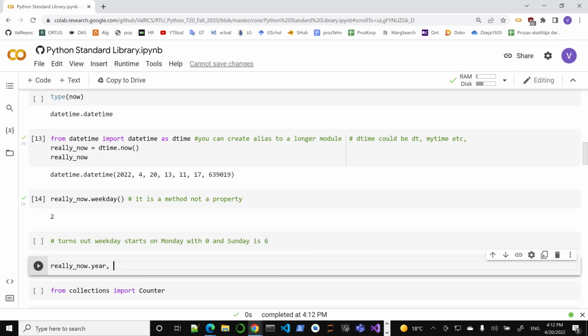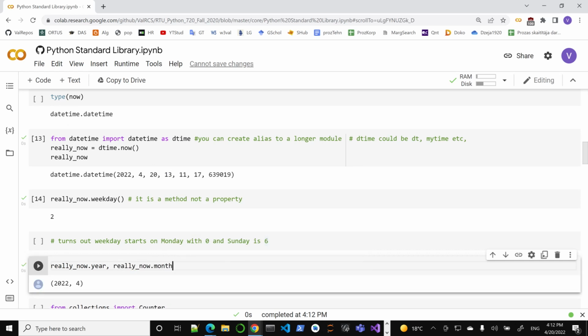You get year, really now, maybe months, and so on and so on, right? So this should be 2022, and this should be 4, right? And so on. You can get more. Again, just use the dot notation to get useful